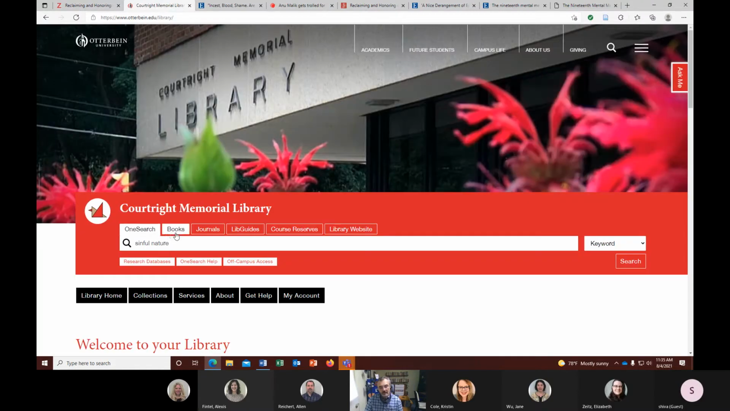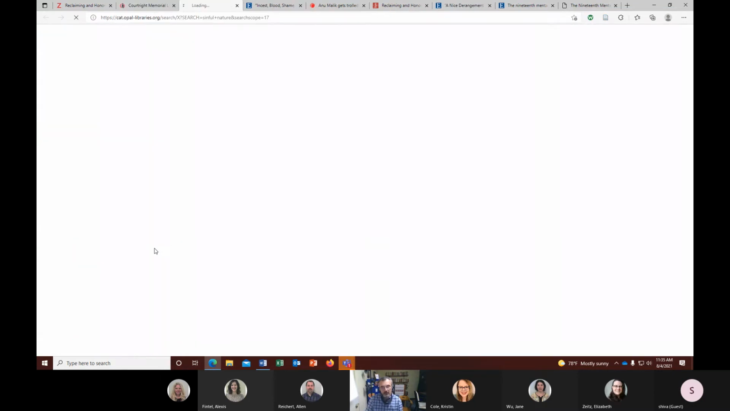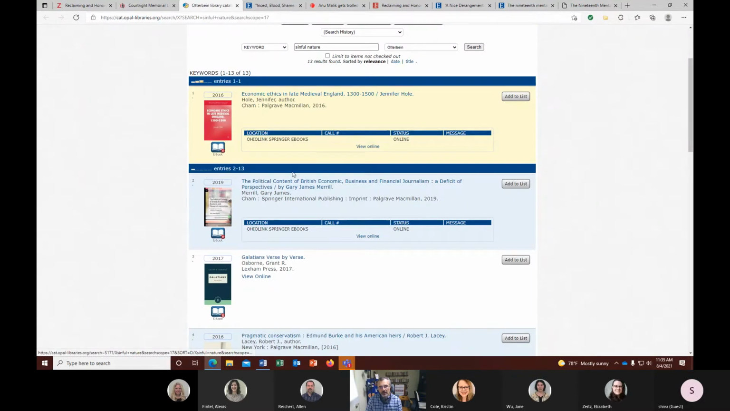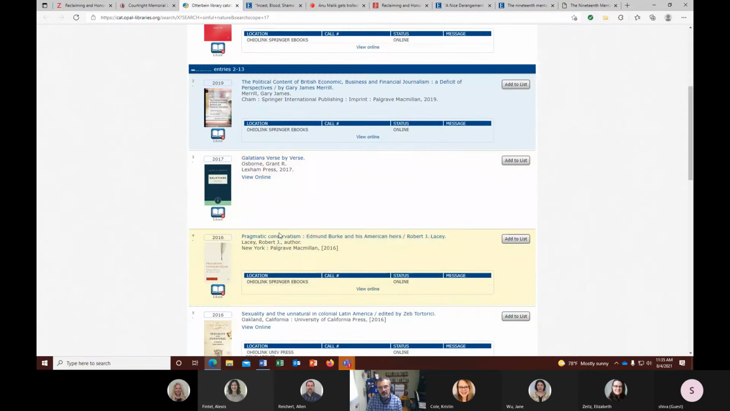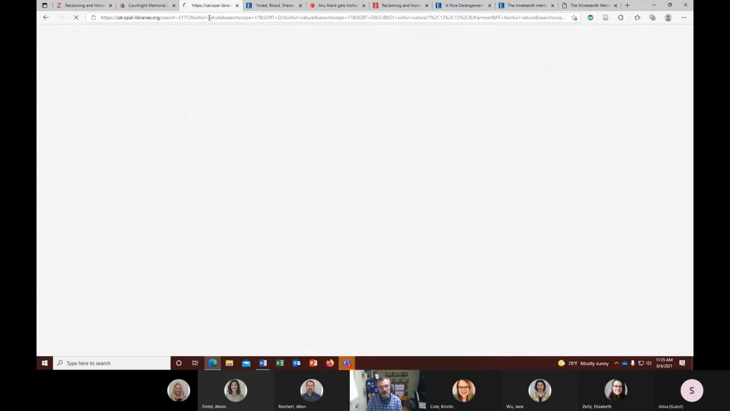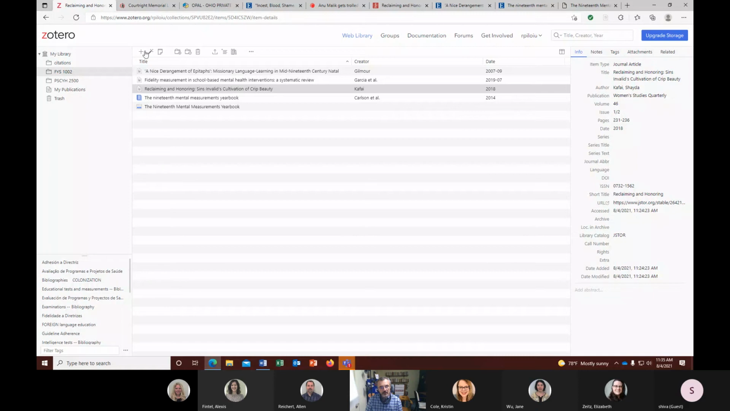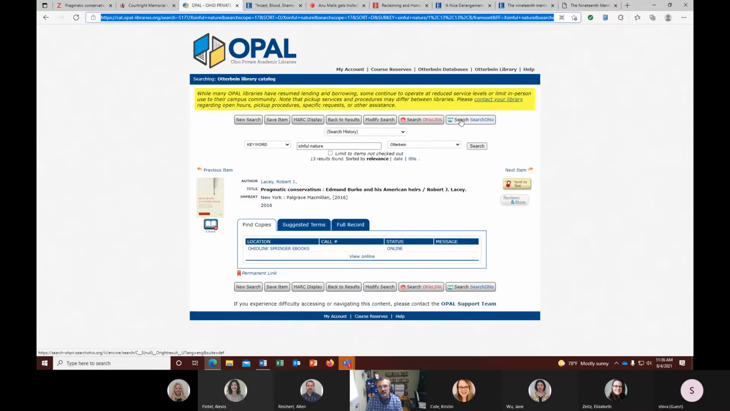Also, I did not show you the catalog, but the catalog is just as good. Finding in Opal and also in Ohio Link, finding any item, for instance, let's say this book, copying the URL and adding it here. See, it populated all the fields. And if you do the same in